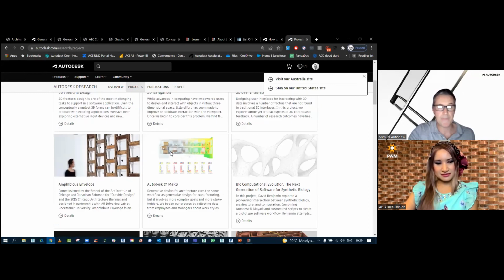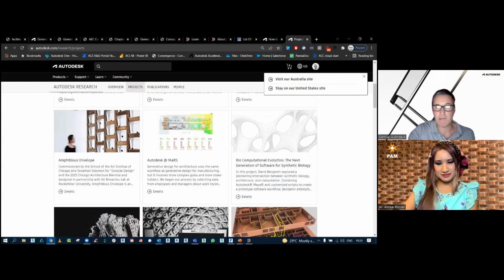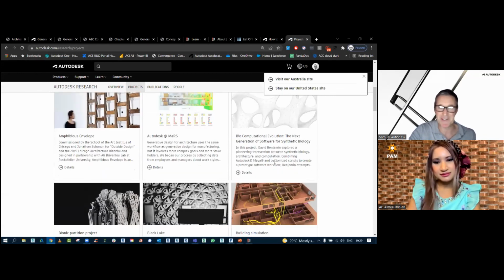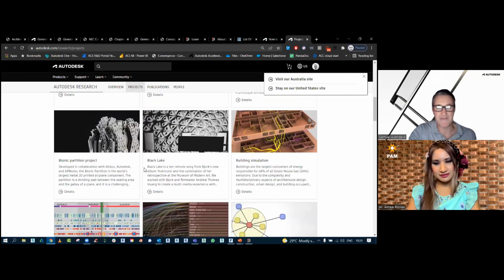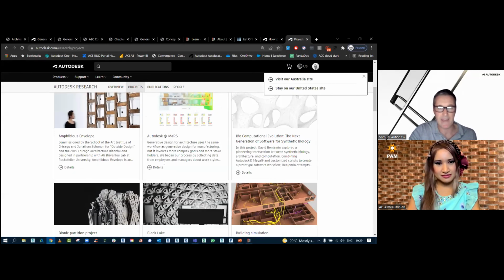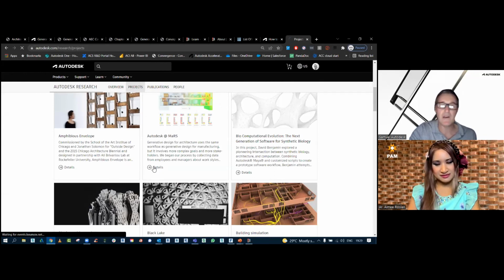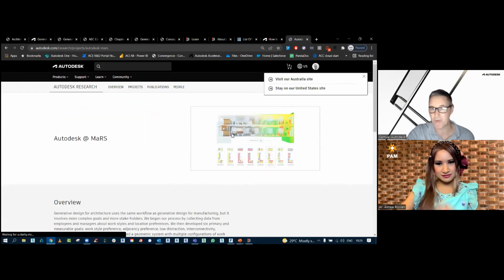So this one here, bio-computational evolution, if you want to check that out, is more advanced computational design. And then this one here, if you want to see this being used for an office fit out, we have the Autodesk Mars project.